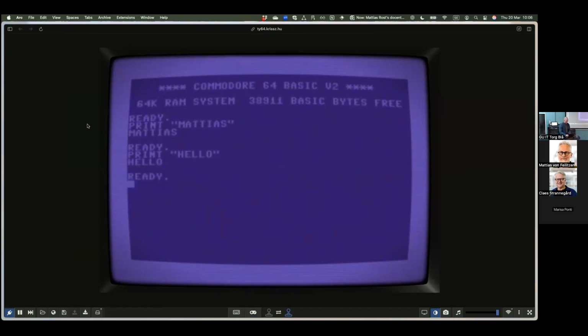And we can also make programs, right? So we can tell it not just to do one thing, but do several things. So we can write a program by saying 10 print hello, and then 20 print Mattias. What I'm doing here is I'm numbering the instructions, so they will be executed in the order that I give them. So 10 will be executed first, and then 20 will be executed second. So it will print hello Mattias, because it will first run the instruction on line 10, and then the instruction